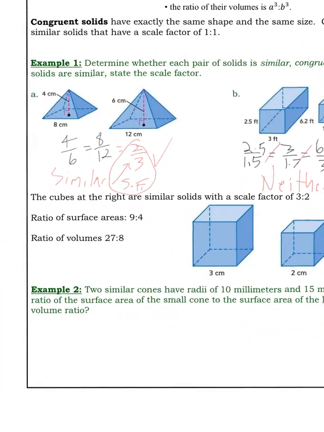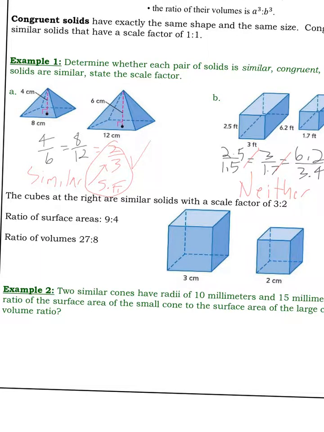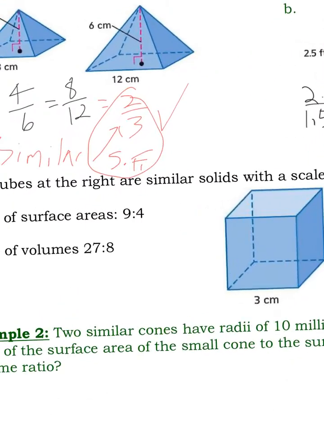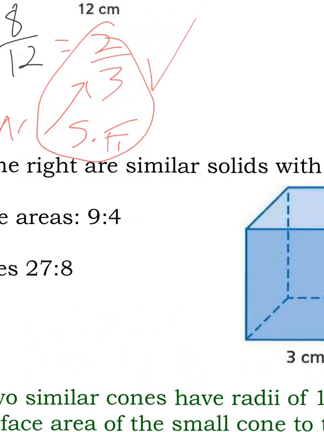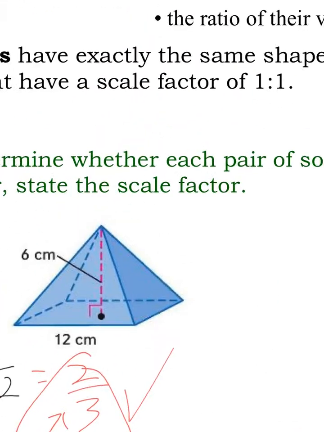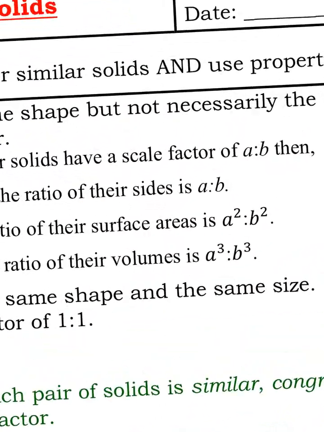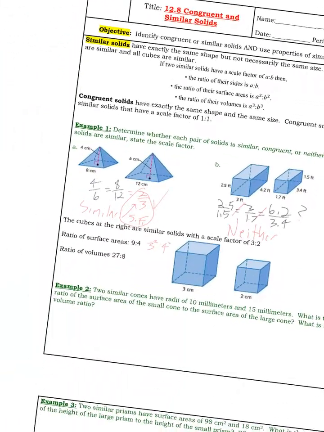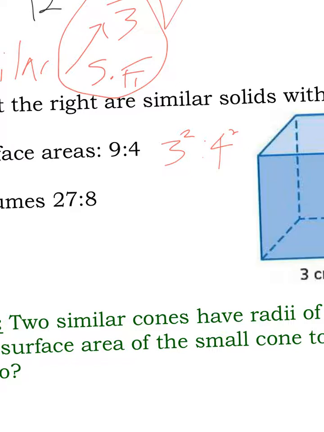So here's an example of what I'm going to be talking about. These two cubes at the right are similar. Their scale factor is 3 to 2. So that means the ratio of their surface areas is 9 to 4, and the ratio of their volumes is 27 to 8. Now, how do I know they're 9 to 4? 9 to 4 is the same thing as 3 squared to 4 squared. And it's just what I talked about up above with these little notes right here. Square it, cube it. So if you cube 3 and if you cube 2,